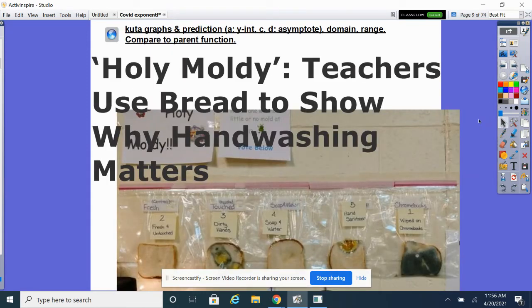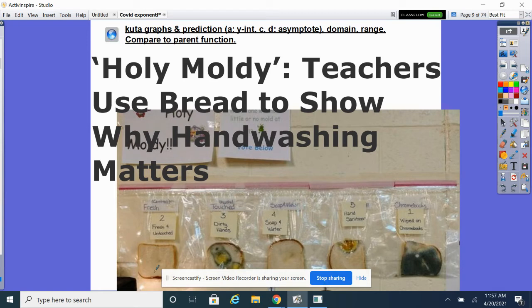Now, the exponential graphs start to reflect disease and transmission of disease, viruses, germs, whatever. And so I'm showing you this picture of what this teacher did. I found this online showing mold growing on bread in different instances. So maybe this is disease spreading. Now, I don't know that mold actually follows any kind of exponential pattern, but if it did, let's say,